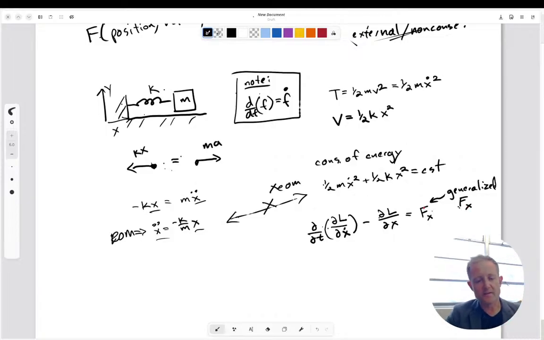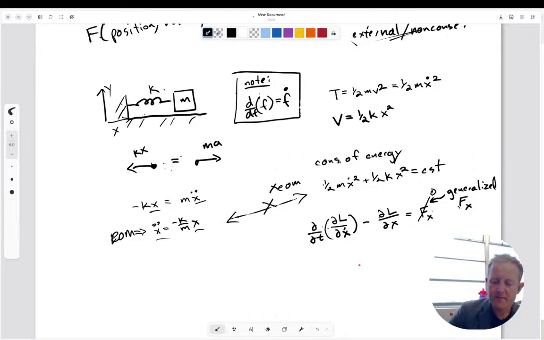So this would be stuff like if I was applying a force, like if I had some kind of force here, what is the component F dotted with that delta X? And that would be like what are the work conjugate kind of things in there. So in this case, I don't have any external or non-conservative forces, so this whole thing is going to be